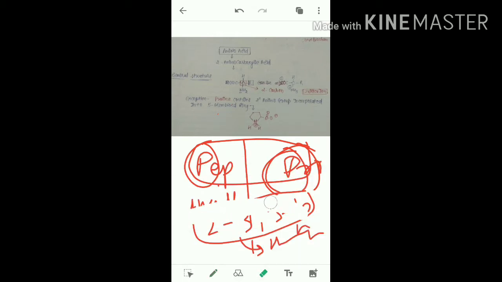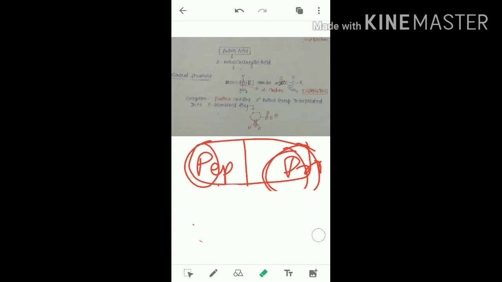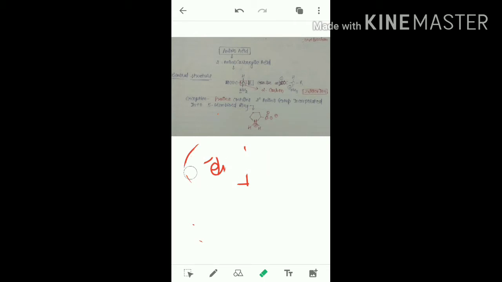For example, if it contains 2 amino acid residues, then it is called a dipeptide. Similarly, a tripeptide contains 3 amino acid residues